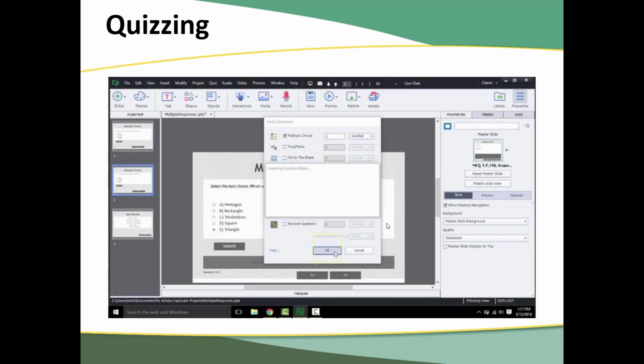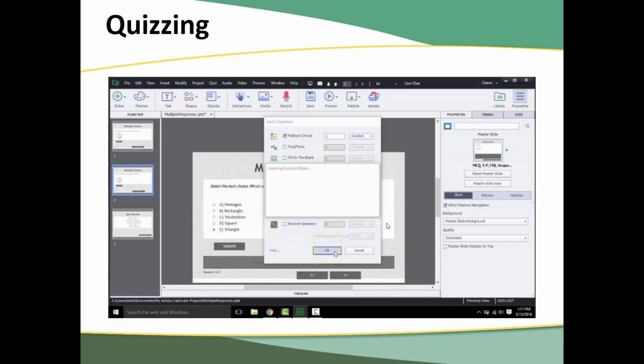So what you want to do is begin the quizzing slide. You're going to want to be adding your multiple choice, your fill in the blank, your different questions. Become very familiar with the customization options within Captivate, because it's quite powerful with how it can allow you to add different functionality. You can apply themes to it, you can apply colors,